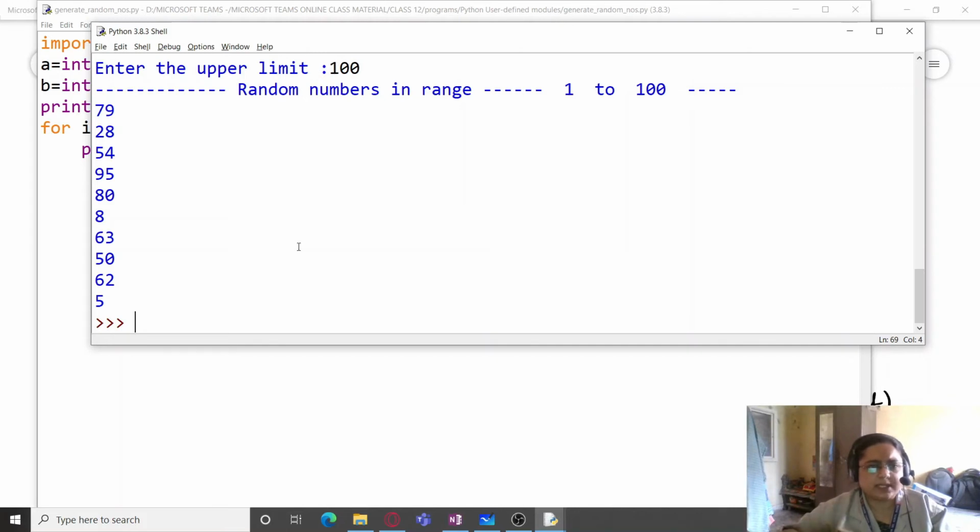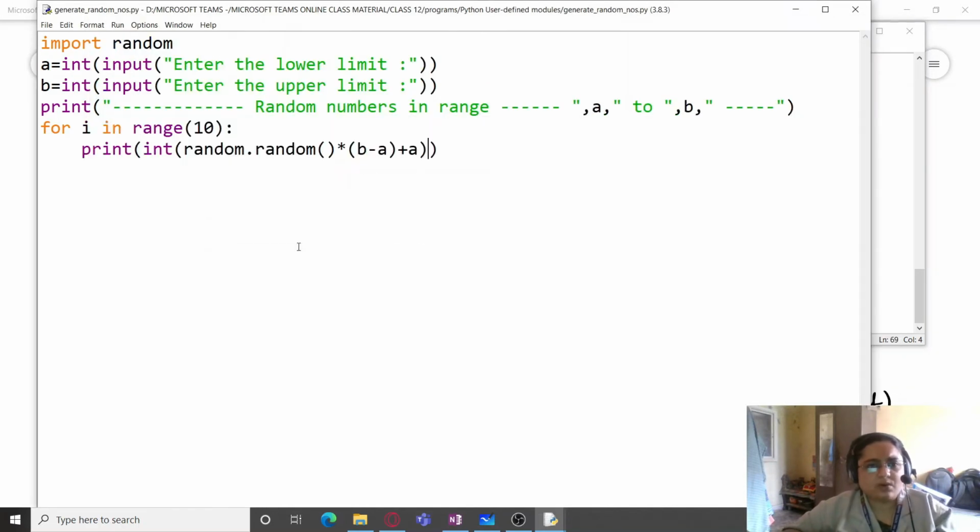And another one is, while people start playing the game, your system can automatically generate numbers. So this is how you can implement the Tombola game also. I'll demonstrate that too in a few days. So this is how we can generate random numbers in a specific range.